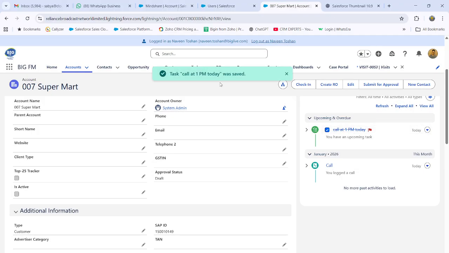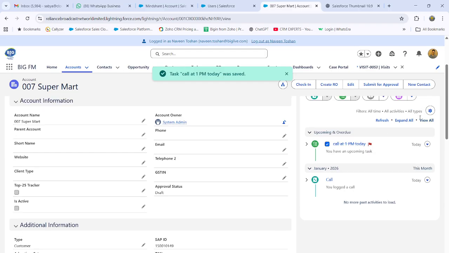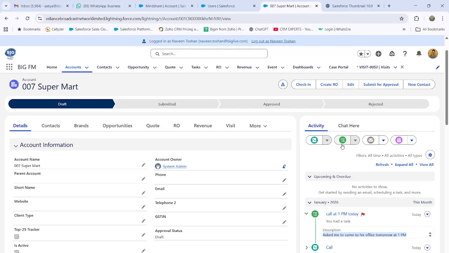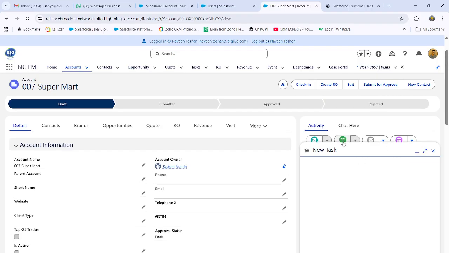So look at this. If I refresh it here, now it is coming here. Whatever is below in this section, that is the history. So you can see what discussion has happened. Now again you need to create a follow-up task that you need to go and meet him tomorrow. So what you will do, again you will create a new task,